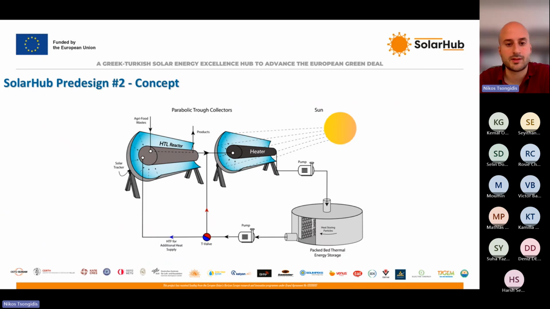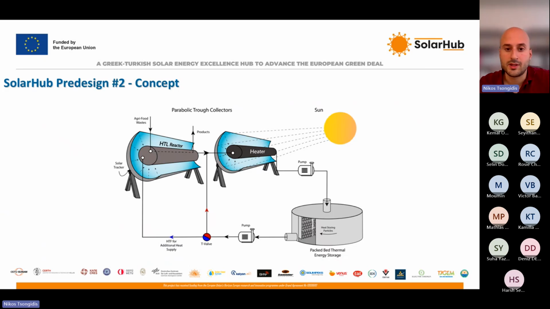In this case, what we see here is that we will be making use of one of the 2 modular parabolic trough collectors with the HTL reactor during the day. So this will be heated during the day directly with the concentrated solar thermal power. And then we will also have a secondary PTC, which will be heated during the day. Then this heat transfer fluid that will be running through the reactor tube will be pumped into a packed bed thermal energy storage tank. And in this case, we will be heating the particles that are immobilized within the packed bed